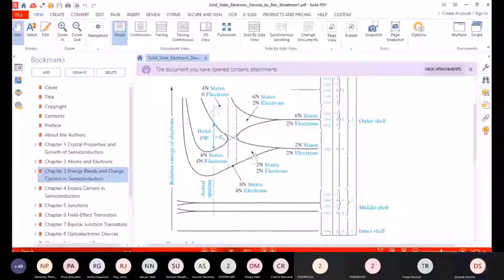And here we have the split in this part also. So what we can conclude from this is, actually this is the band diagram. The upper band becomes the conduction band, and the lower band becomes the valence band, right?